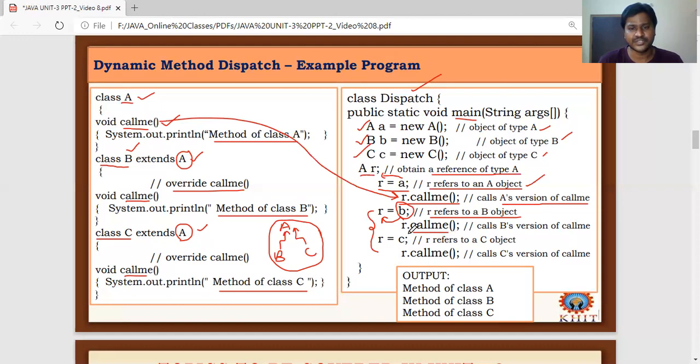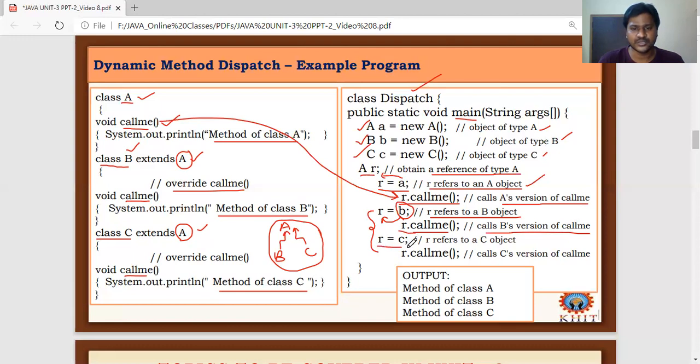When you execute r.callme, it calls B's version of the callme method. So here there is no need to use the super keyword. The method overriding naming problem was already solved in the previous topic, method overriding. And here in dynamic method dispatch, we can resolve this problem by using a reference variable of the superclass referring to the subclass object.